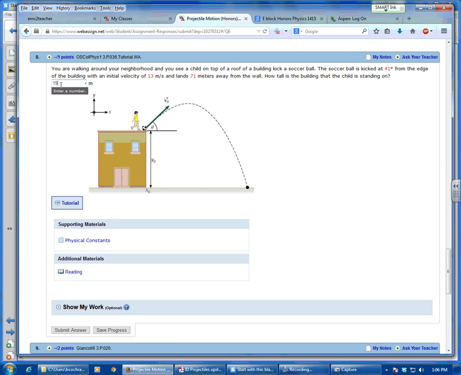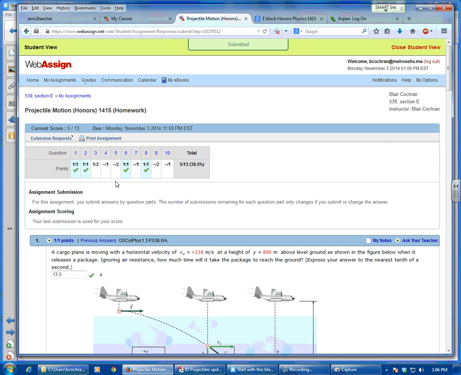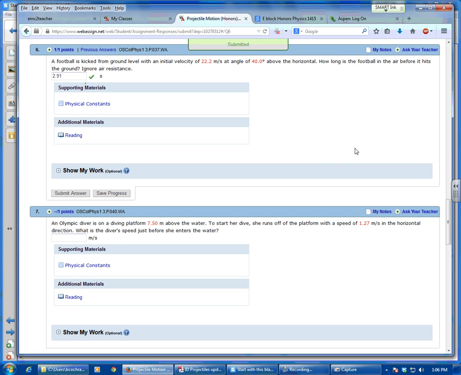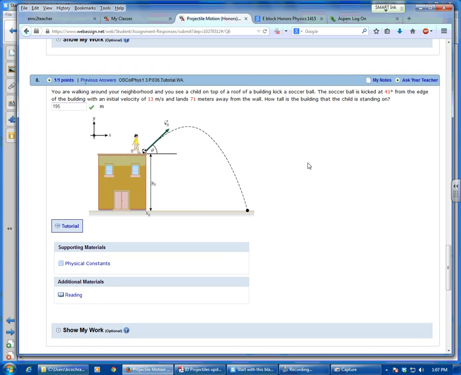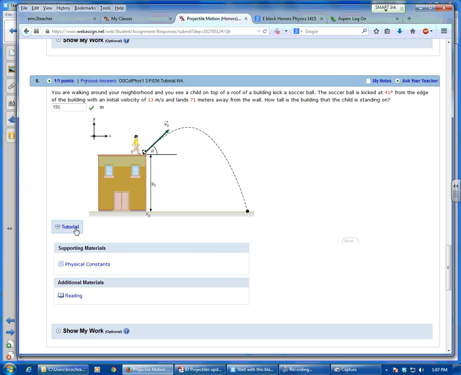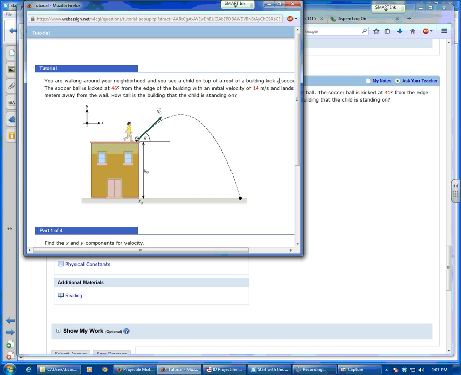Notice this is one that has a tutorial if you want to use it. Tutorials are overrated. Are they? What are they rated? Yay! Go back to that. I kind of wanted to see what